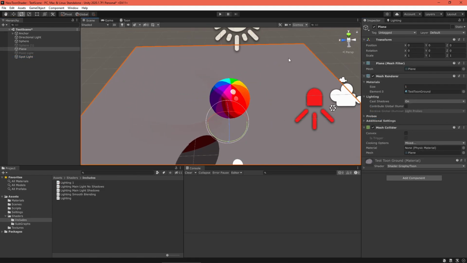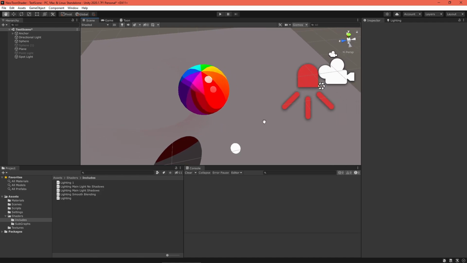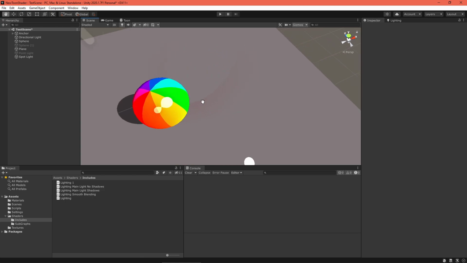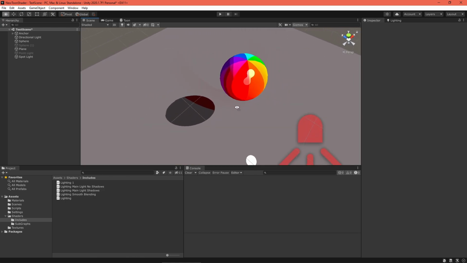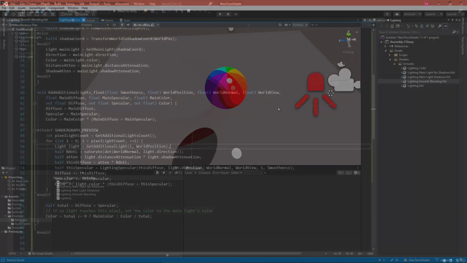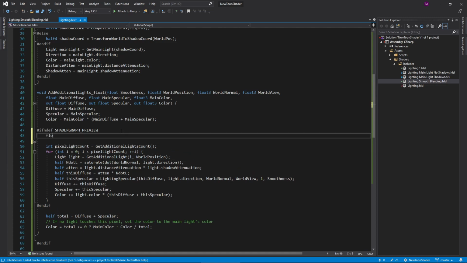Now, you might notice that if you have two lights with different colors, the colors smoothly blend together. That's not very toony. It would fit the style better if there was a crisp line between the colors. To fix that, I need to edit the Add Additional Lights function in Lighting.hlsl. Right now, I average between all colors to find the final color for a pixel. I want to, instead, choose the color corresponding to the strongest light, which is also the light with the highest